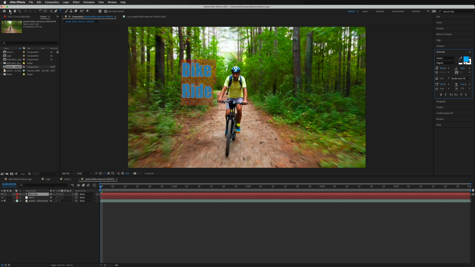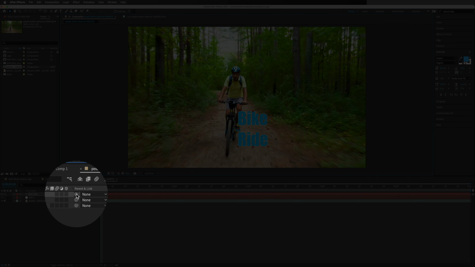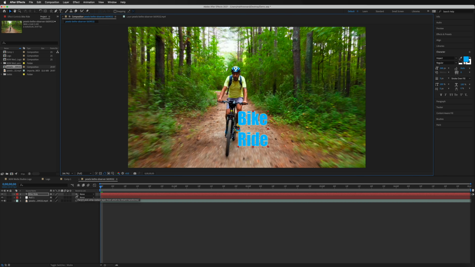So I'm going to go ahead and grab my selection tool so I can move this around. Then what we've got to do at this point is just position this to wherever you want it to go. So I'm just going to bring it roughly down here alongside the bike and then just let go of that. And then we need to link this new text file to that null object. And the way that we are going to do that is with this pick whip button that we've got right here. We're going to simply select that while holding down on our mouse, and we're just going to drag that over on top of the null object.